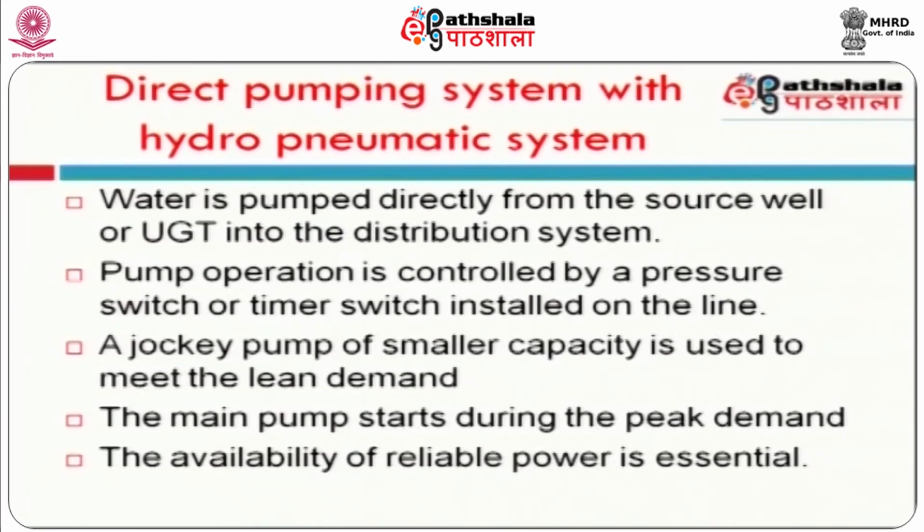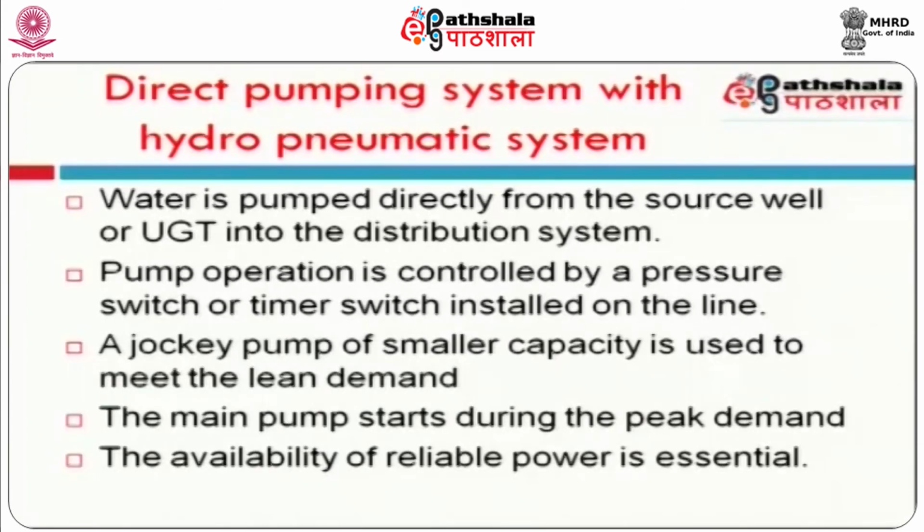From there the water can be pumped after checking the quality of water. Or if the water is received from a municipal source, the water is collected in an underground storage tank, and from there the water can be pumped to different floors through direct pumping. So when direct pumping is used, as shown in this slide, the water is pumped from the underground tank to the distribution system in the different floors.